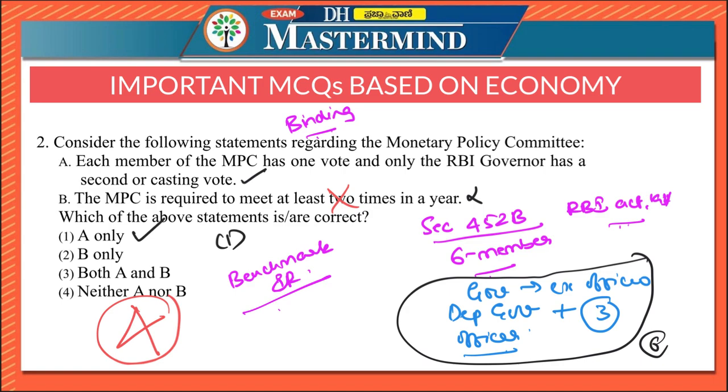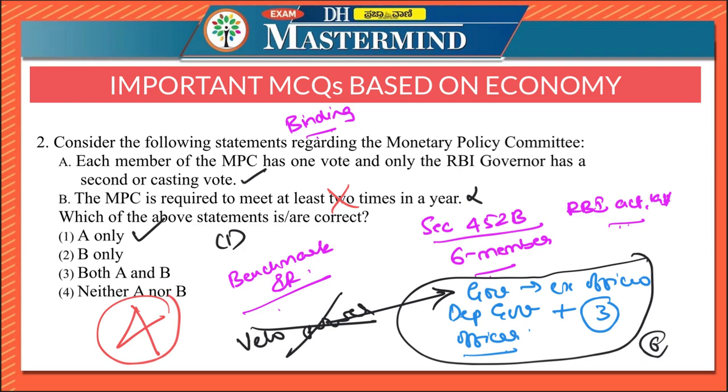He is the chairman of the committee. The governor, however, does not have any veto power. Please remember, there is no veto power for the governor. However, he enjoys casting vote in case of a tie. If there is a tie with respect to obtaining any decision, then this person, RBI governor, will have a casting